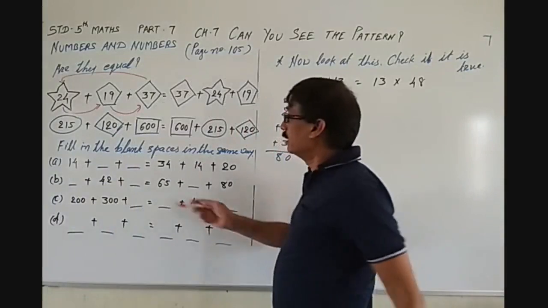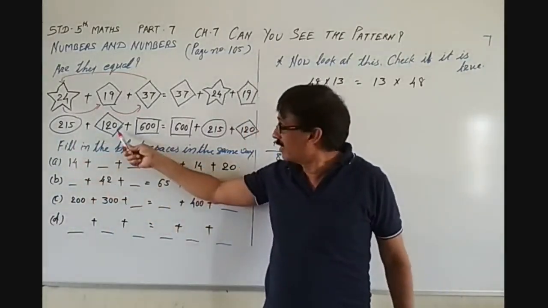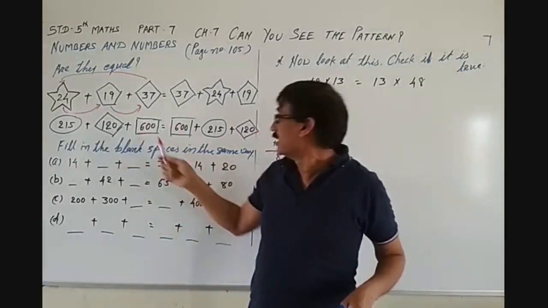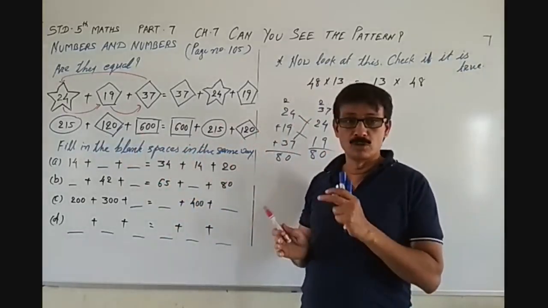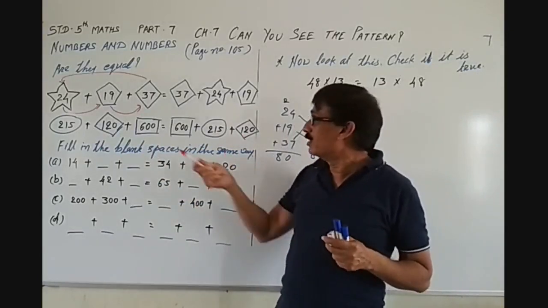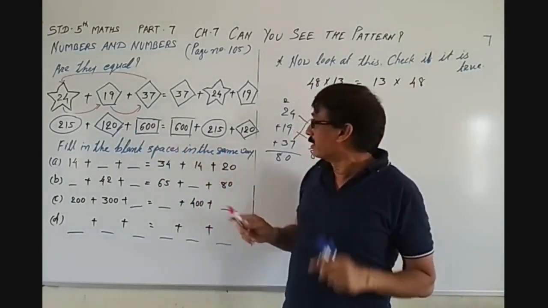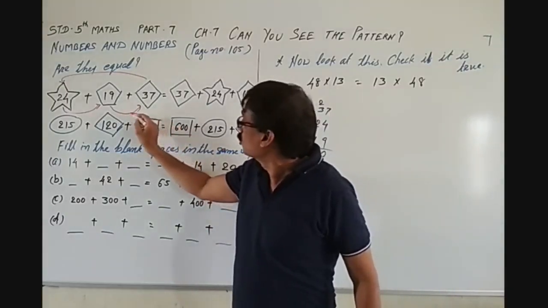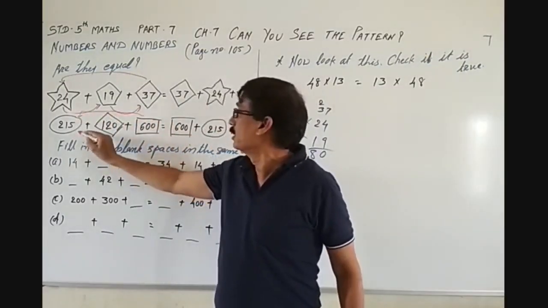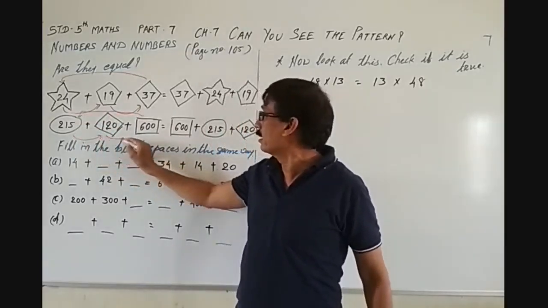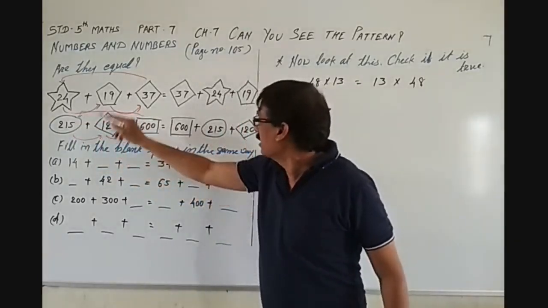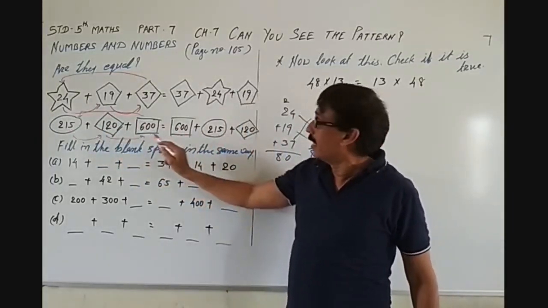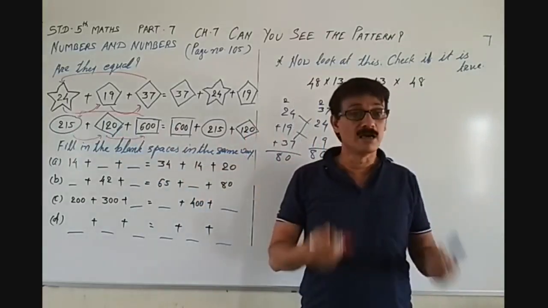It will follow this rule only. Suppose you can see 215 is there, 120 and 600. Go for the addition of these numbers and add these numbers also in a different manner. Then you will come to know the total is the same. But now what happens? This 600 comes first, so 215 on the second and 120 on the third place.